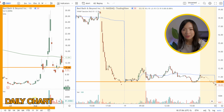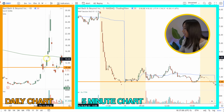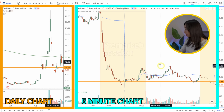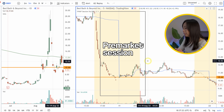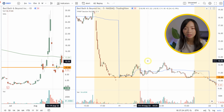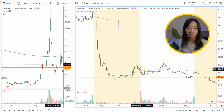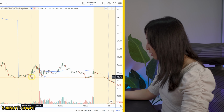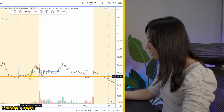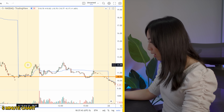So on the screen right here, we have the daily chart on the left hand side and the 5-minute intraday chart. The part highlighted in yellow is pre-market trading session. I personally don't like to trade pre-market, but I like to use the pre-market price levels as key levels, especially when trading particular strategies like this. So you can see pre-market lows, we have around 10.40, 10.50s right here, and the pre-market highs we have around